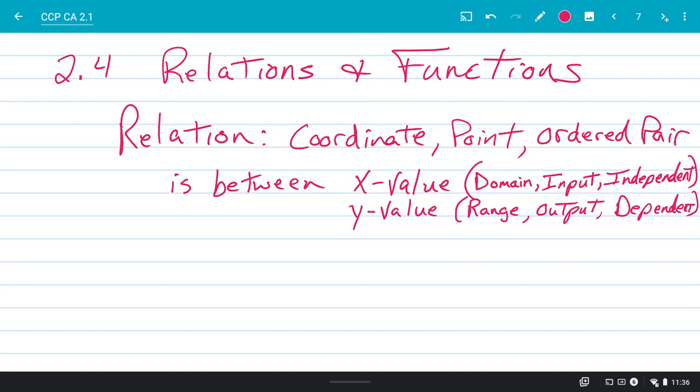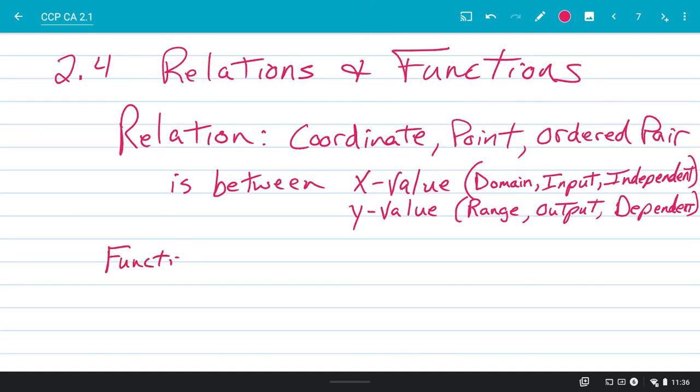Now, relations are pretty simple. Relations are simple. Okay, you just have to have an input and output, an x and a y, some kind of connection. However, a function,